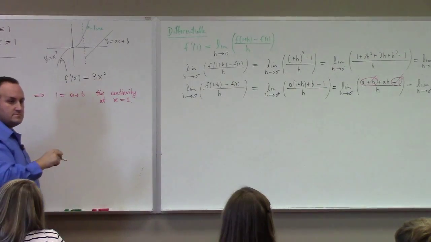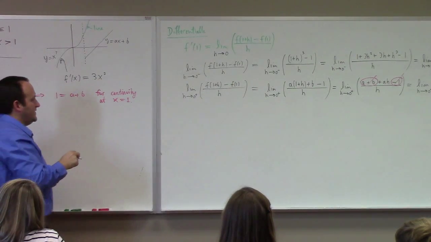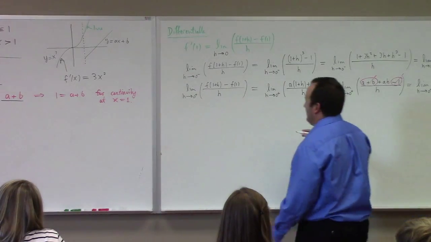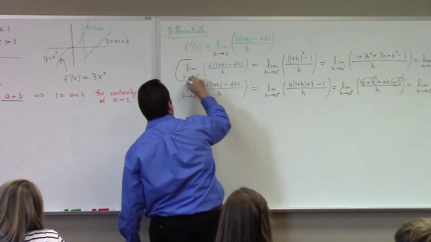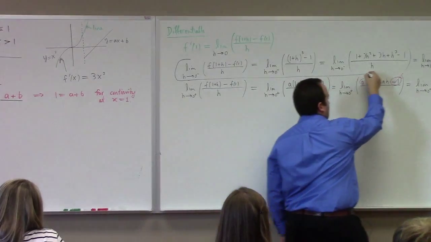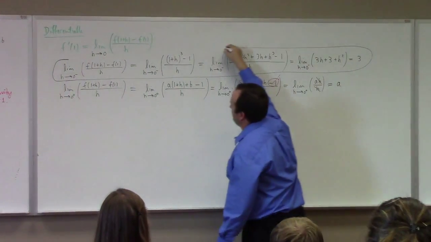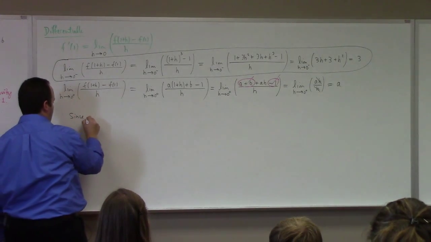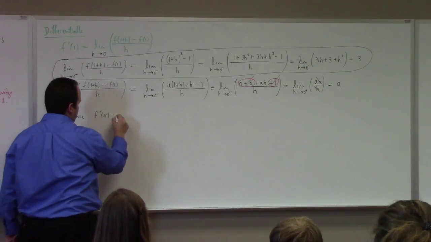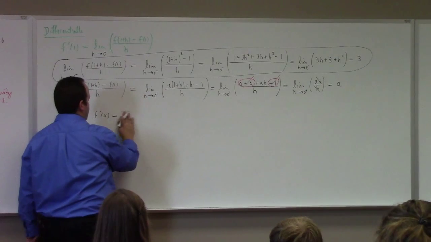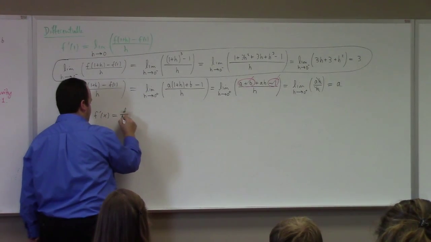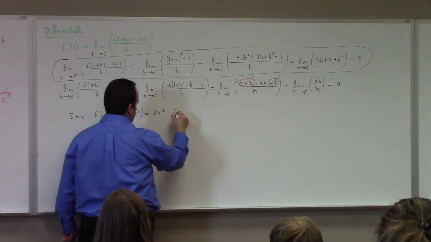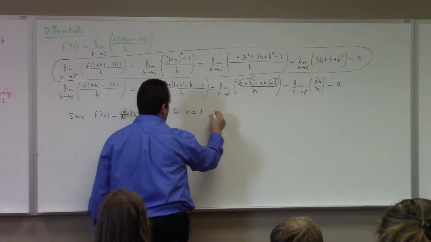Are we allowed to do it that way on the test? Yeah, of course. On the test that would be fine, as long as you say something. I mean, there should be a sentence. So replace this with: since f prime of x is equal to the derivative with respect to x of x cubed, which is equal to 3x squared for x less than 1,